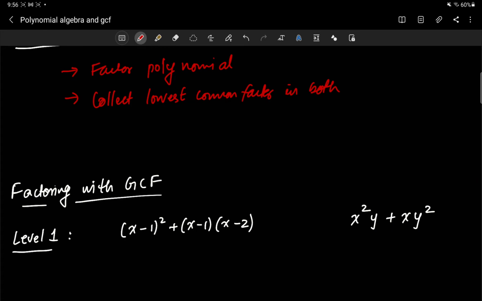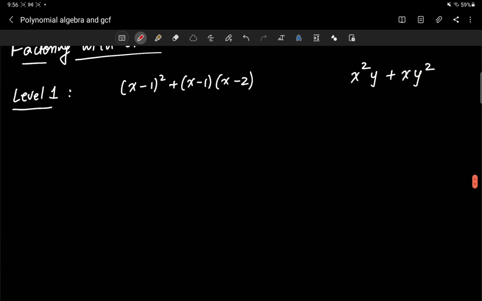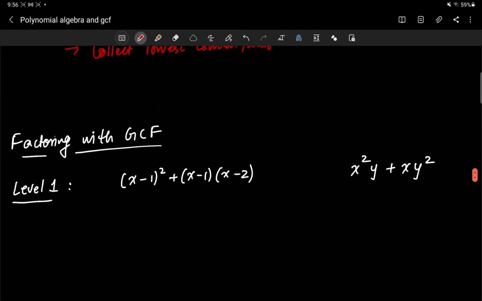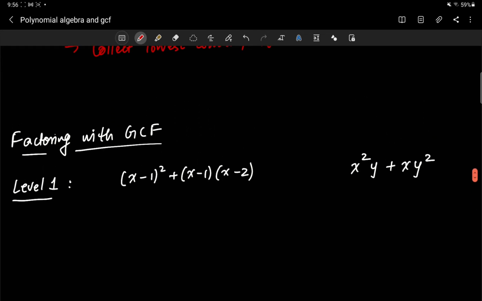Okay, so this gives rise to some factoring techniques. We're going to do 3 different levels of these. So it's called factoring with a greatest common factor. So level 1. Here we observe that we are adding two things, (x plus 1) squared and (x plus 1) times (x minus 2). And the first observation is that the GCF of the first and second term is x